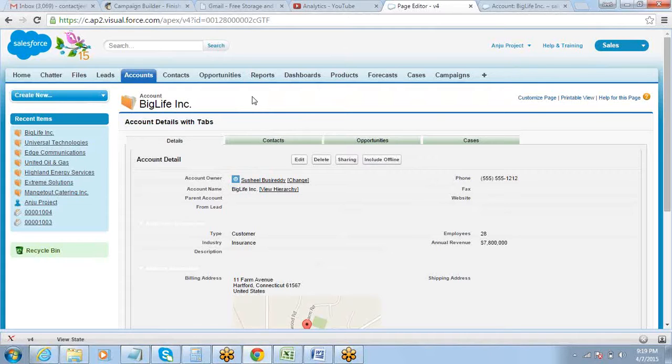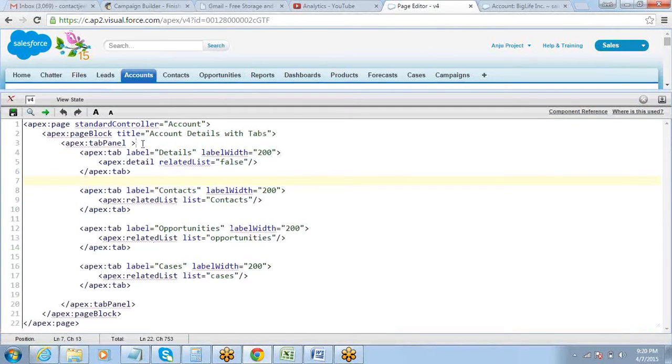No, removing the header and sidebar is definitely one option, but in case I want the header and sidebar to be there but I don't want that part to be reloaded, because you must have seen on some websites, if it's a long website, you click on any button and the entire website starts getting reloaded again, which is not a very good thing. So we can have an option where I can just refresh this particular page block section where the tabs are, not refreshing the sidebar or the header and so on. For that you just have to do a small thing.